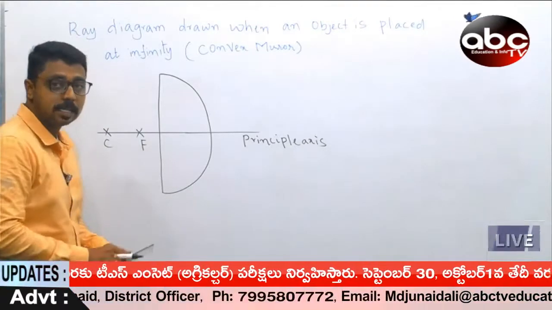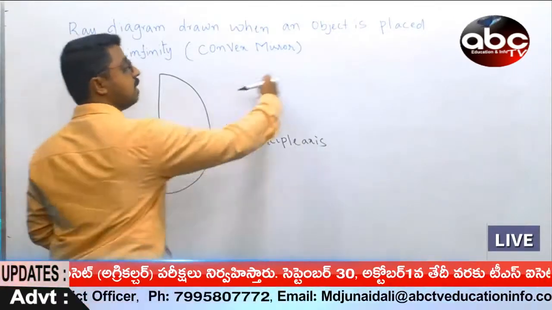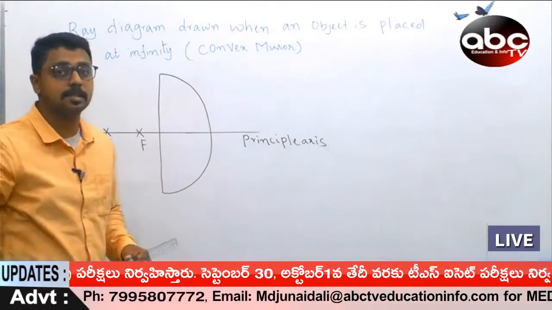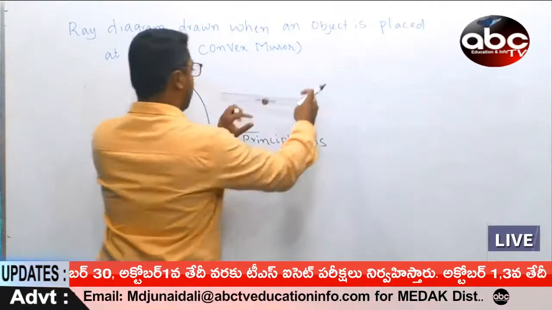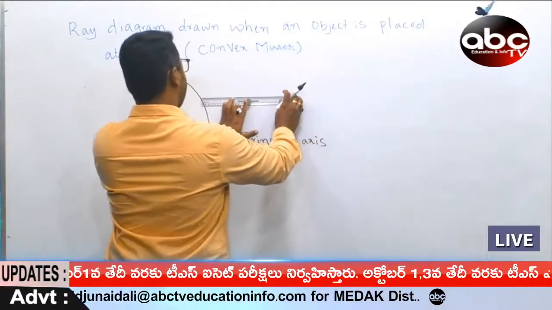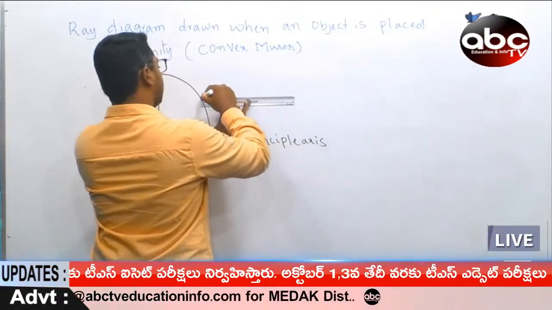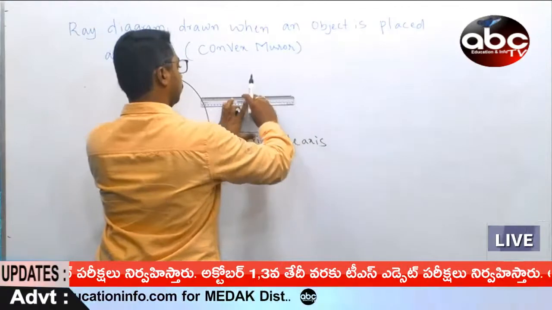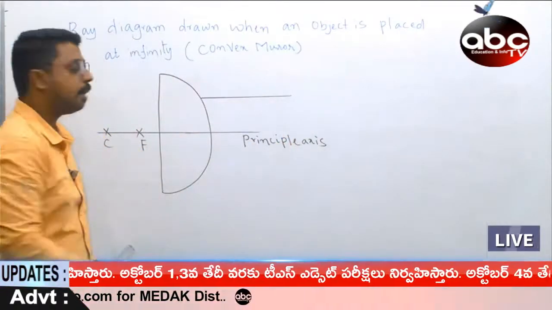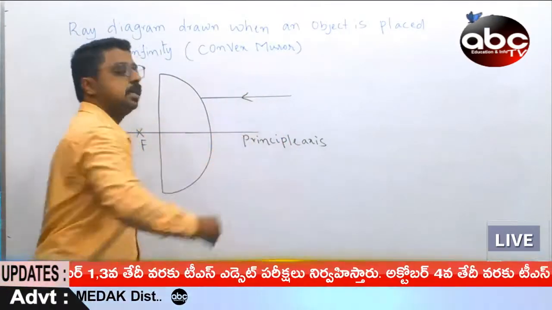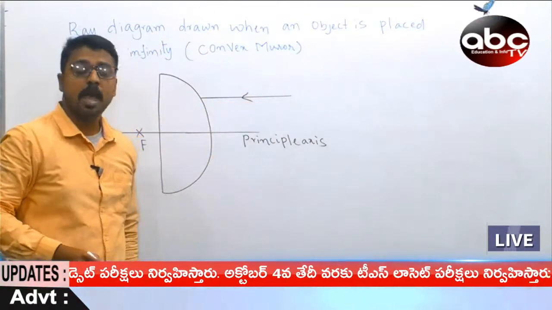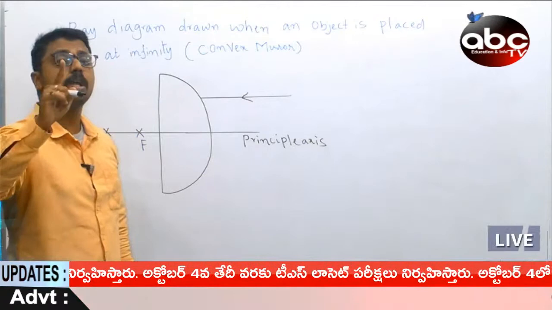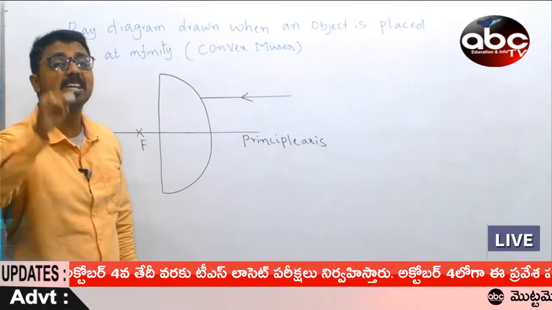So what are we going to do here? Let us consider an object is placed somewhere at infinity. We do not know the distance. Where is the object? We do not know the distance. So we are able to frame a ray, and of course this is an incident light ray coming from an infinity distance. And of course, according to the rules of convex mirror,